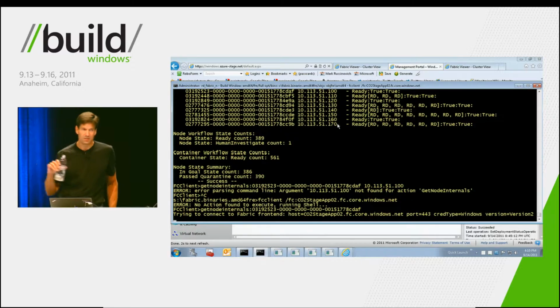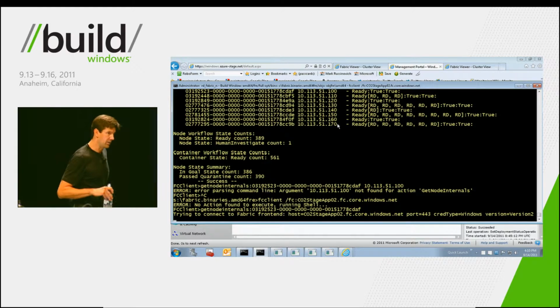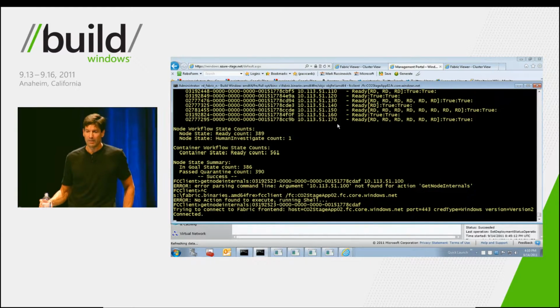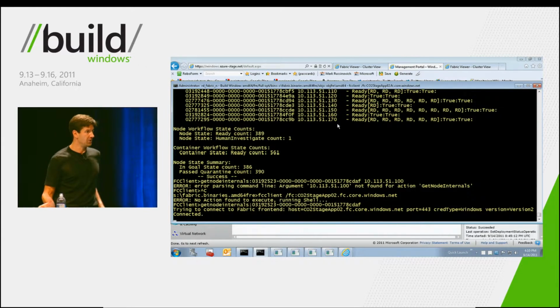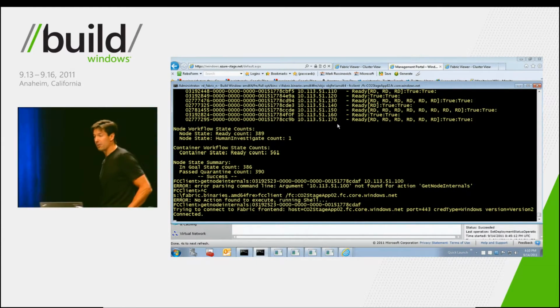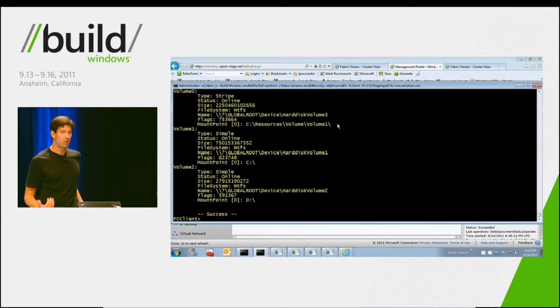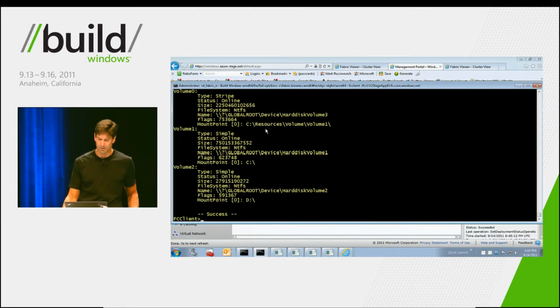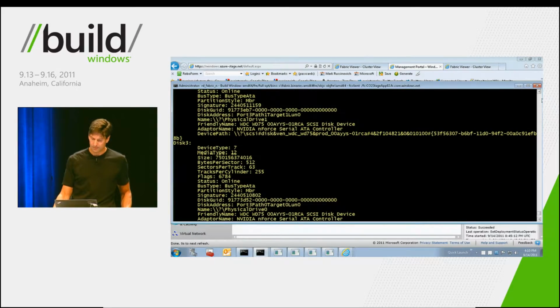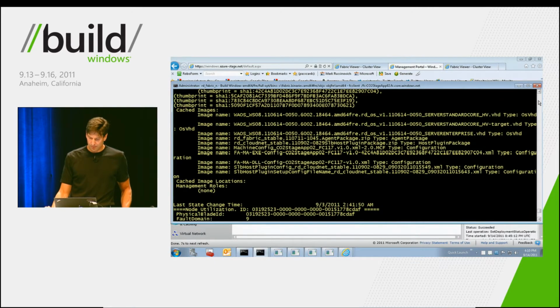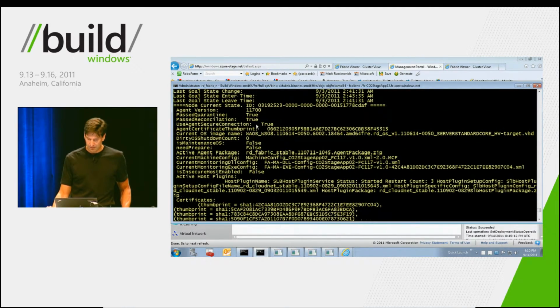And what we're going to see is the state of the node, some information about the state of the node, the IP address of the node, and the list of images in that node. And we're going to see the disk configuration of that node. We're going to see the volume configuration of that node, which are all things that the fabric controller has to know. So if I scroll back up here, you can see here's the information about the node status, the agent